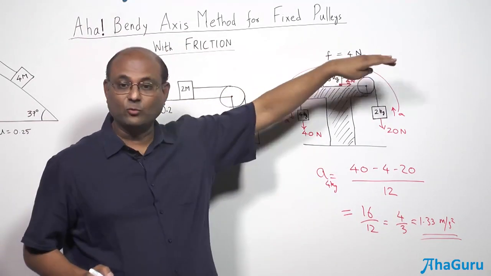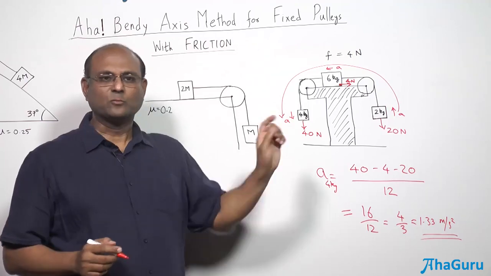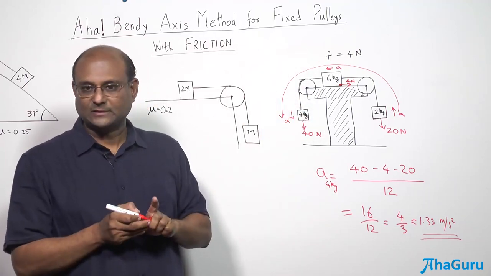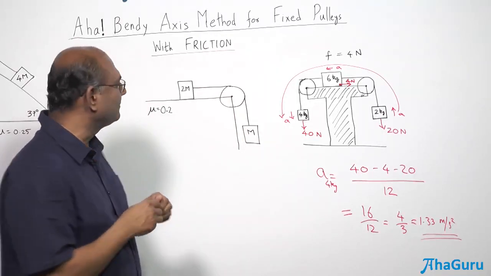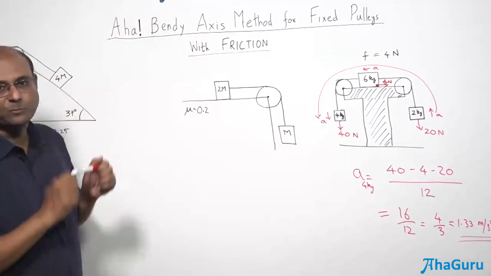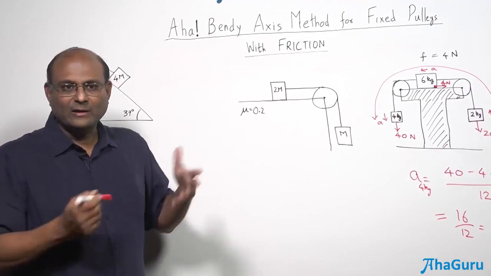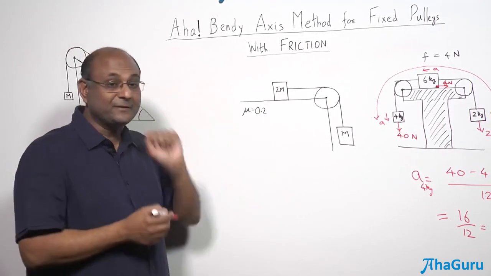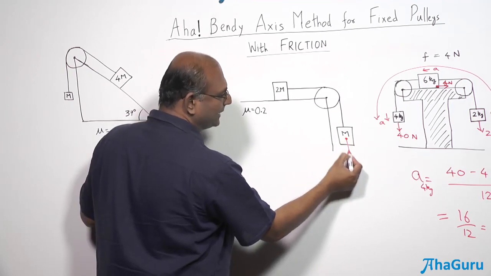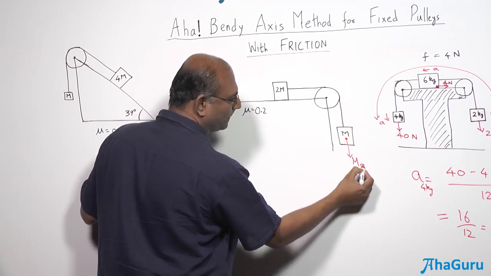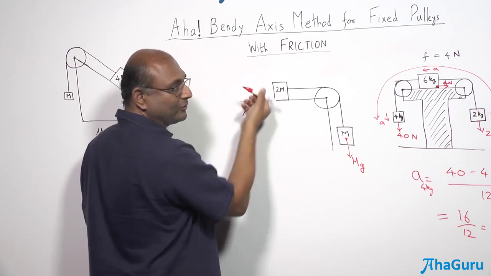Here friction value was already given. Of course, most questions won't look like this. Basic questions will look like that. But in reality, when you actually look at an exam question, what is going to happen is they'll tell you mu is 0.2. What will I do with mu 0.2? I need to find the friction force. Okay, but that you have done enough times, I'm assuming. So let us do the same thing here. This is mg. Okay, this direction you don't have to worry.